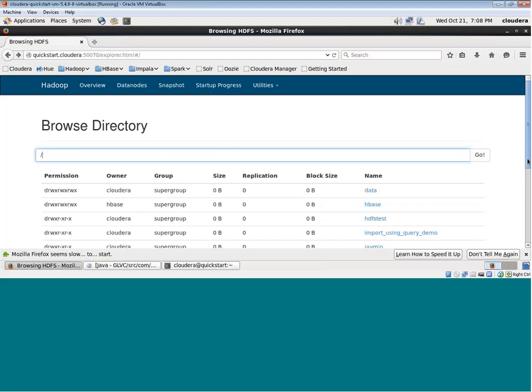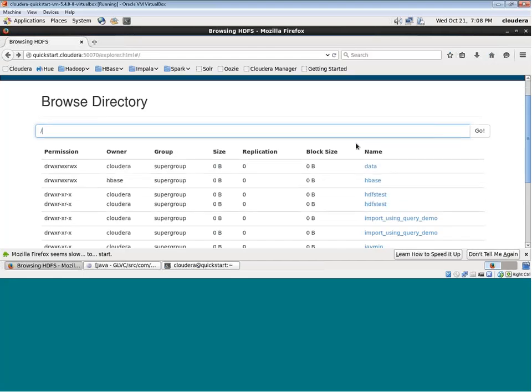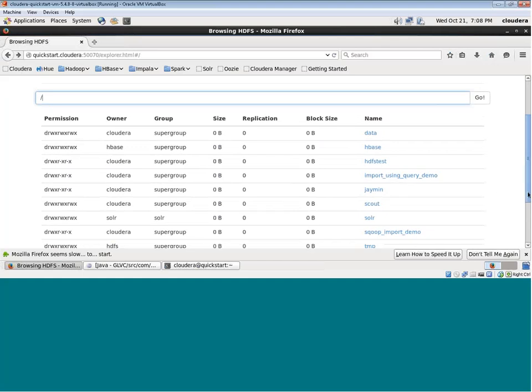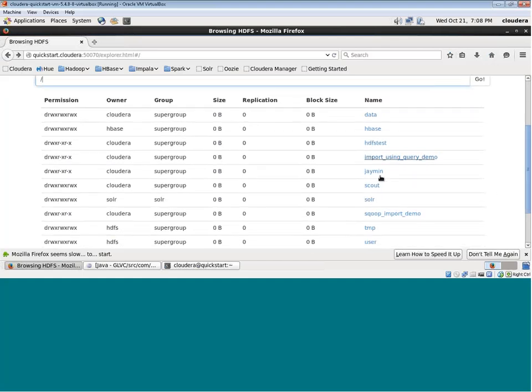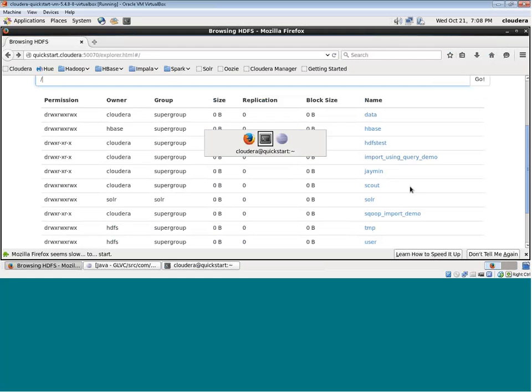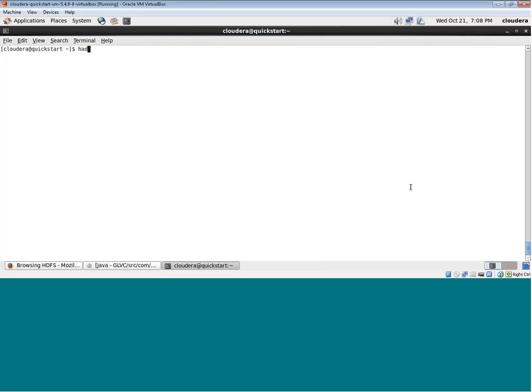So this is my HDFS, right? Let's say I want to delete some data here. There are multiple folders I have created. I want to delete all these folders. So how do I delete it? We'll say something like this. hadoop fs hyphen